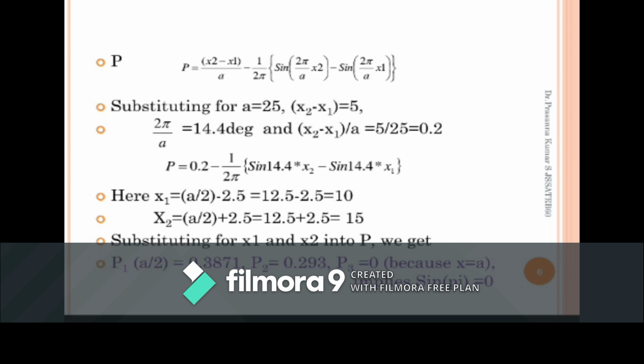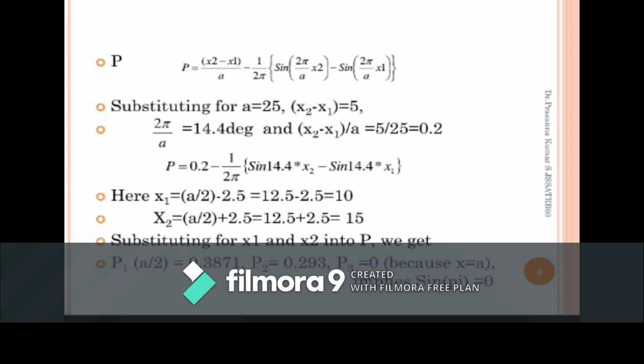How to get this 2 pi by a? Pi is 180 degrees, so 180 into 2 is 360, divided by 25. 360 divided by 25 becomes 14.4 degrees. Then you substitute this 14.4 within the bracket: sin of 14.4 x2 minus sin of 14.4 into x1. So you get P is equal to 0.2, that is 15 minus 10 by 25 is 0.2,